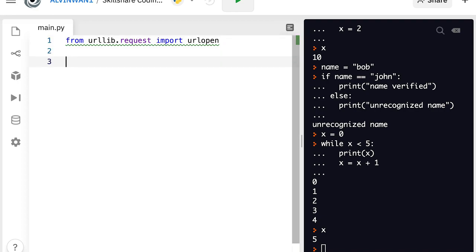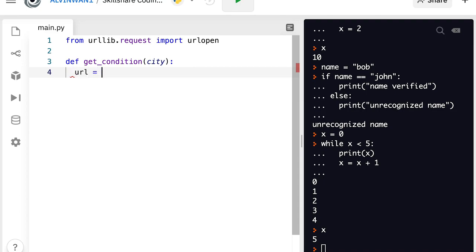Then define your new function. This new function will, given a city as an input argument, return the weather condition for that city by reading a web page. Go ahead and type in def get_condition(city). Don't forget your colon at the end of that line as usual. For the next line, Repl.it will add those 2 spaces for you automatically. Go ahead and now define url is equal to